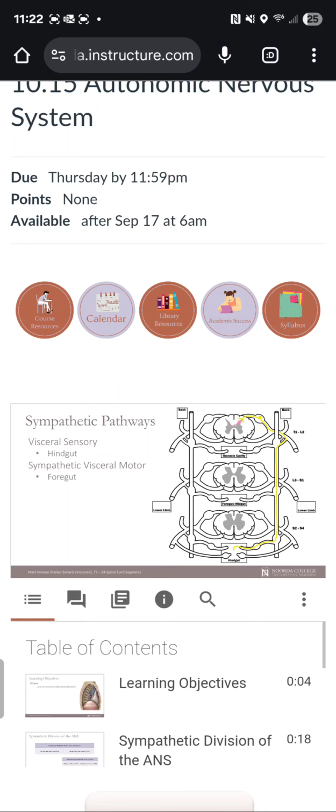That interneuron will then synapse with a green preganglionic visceral motor neuron, and that neuron's going to go through the ventral root, through the spinal nerve trunk into the ventral ramus, and then we're going to use a white communicating ramus because preganglionic neurons are usually myelinated. And then we have to go to the foregut, so we're going to descend down the sympathetic chain to the